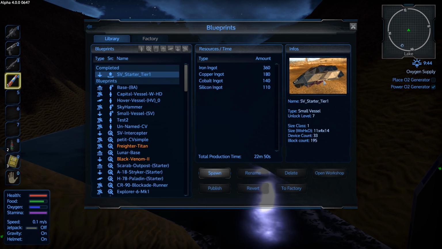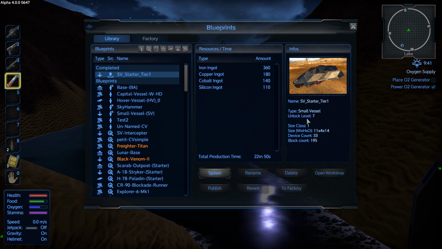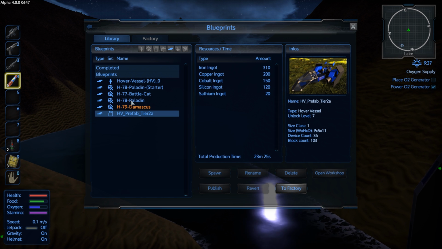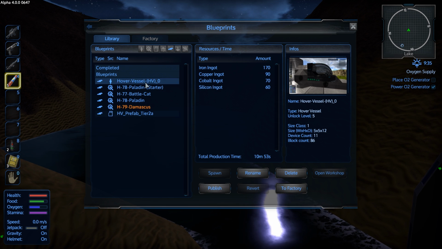But I went ahead and made the tier 1 starter. Now I didn't want to make the tier 1 starter again because I made that last season. But you know what? It's the easiest one I could unlock based on my level 7. That was by far the lowest tier I could unlock. I probably could have gone with some hover vessels, but to be perfectly honest, I'm not a big fan of hover vessels, although they have changed the way they work. Actually, this is a level 7 hover vessel. I probably could have done that, but...